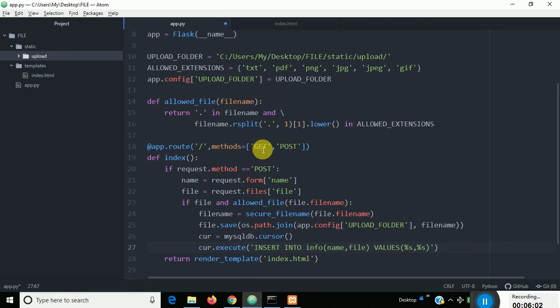Now in this bracket you have to write the file name comma the file which you are referencing. Not file, you have to use the file name. This is the name and this is the file.